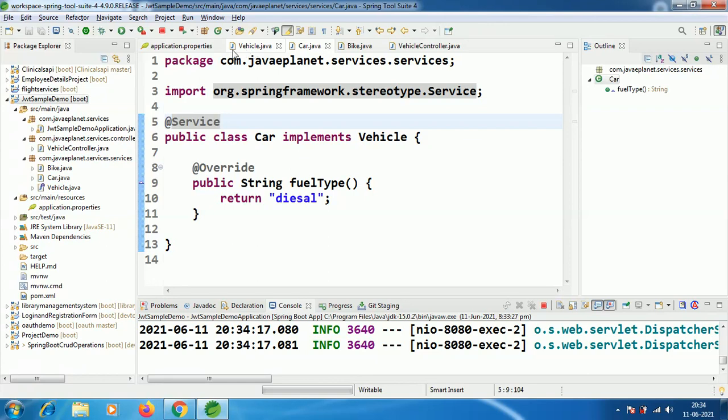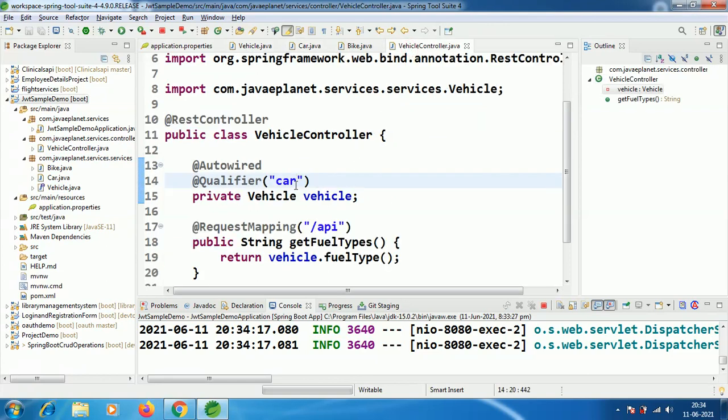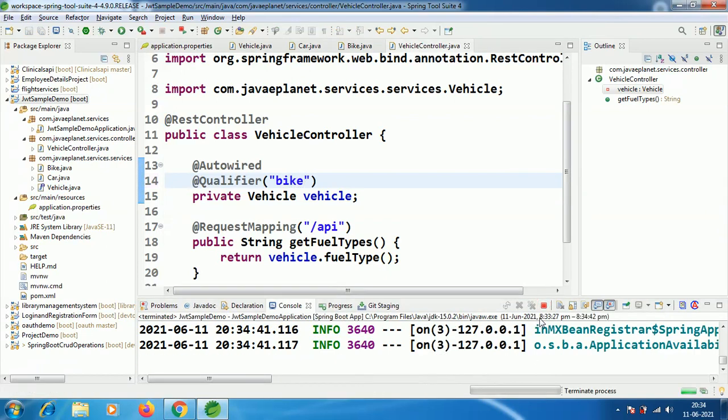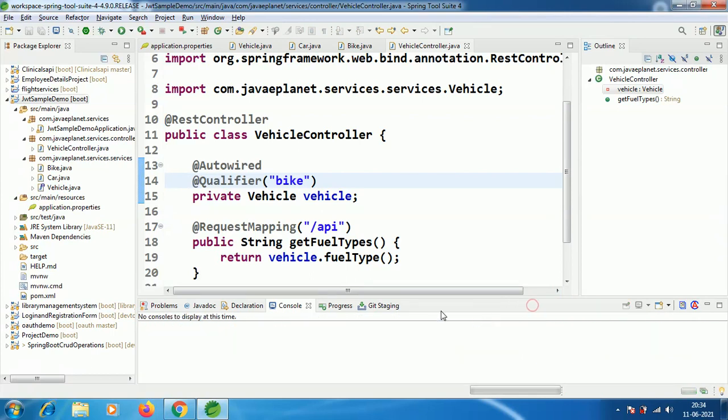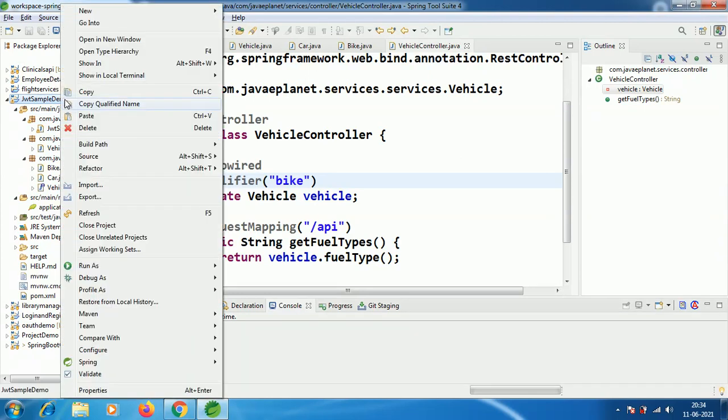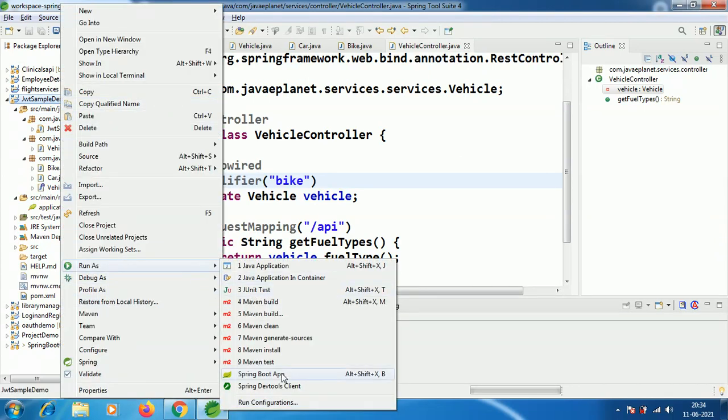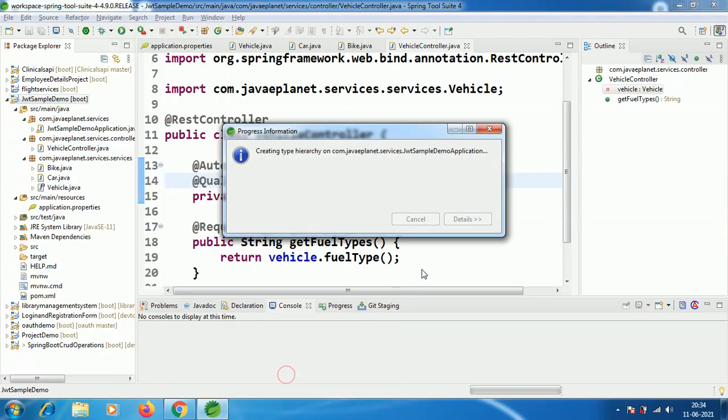Let me open this and change it to bike, and run again as a Spring Boot app.